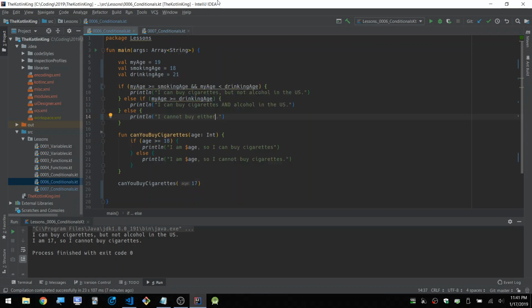Today we're going to continue with conditionals and control flow. In this lesson, we start by declaring three variables: my age, smoking age, and drinking age. Basically, it's an if statement that takes your age and checks if you're old enough to smoke cigarettes in the US and old enough to drink in the US, so age of 21, and see also if you're between the age of 18 to 21. So if your age is above the smoking age and your age is below the drinking age, so here's